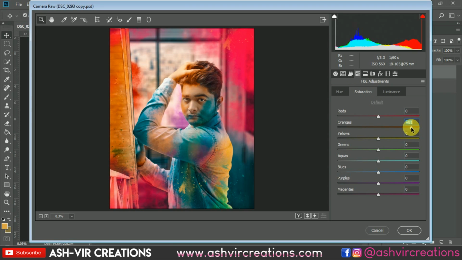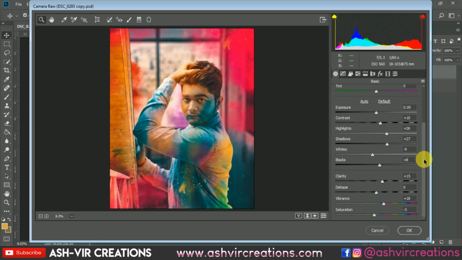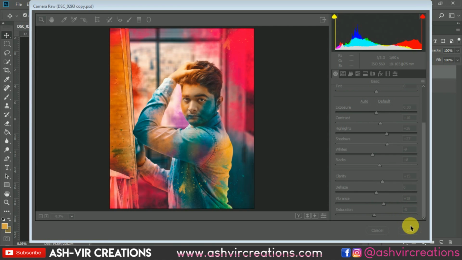Select the saturation and just move the slider. If you want to add some blackness, you can add. So finally your photograph is looking very perfect. Now just hit enter